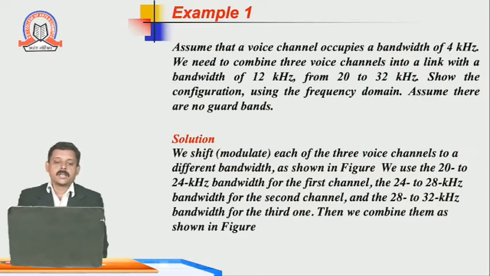Now let's take an example. Assume that a voice channel occupies a bandwidth of 4 kilohertz, and we need to combine 3 voice channels into a link with a bandwidth of 12 kilohertz, from 20 to 32 kilohertz. Show the configuration using the frequency domain, assuming there are no guard bands. So what will be the solution? We modulate each of these voice channels to a different bandwidth,